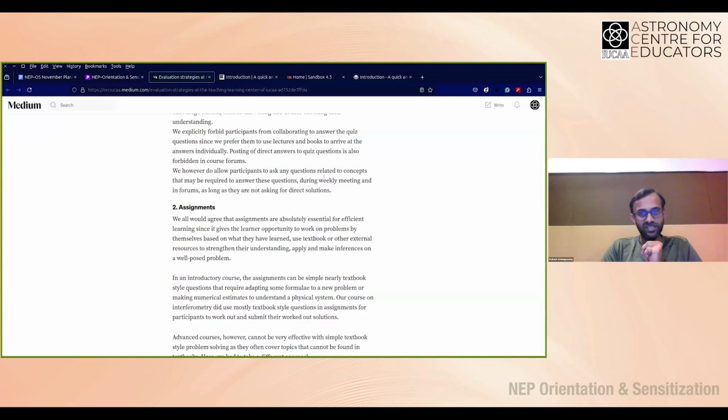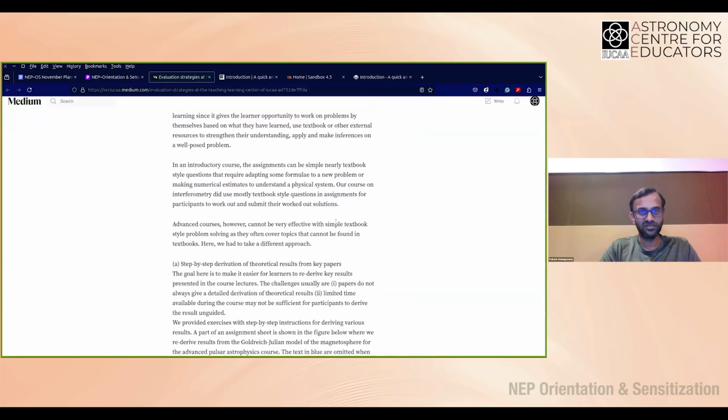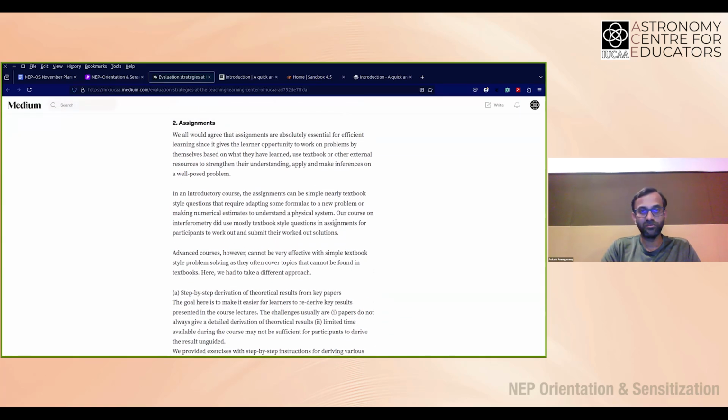But we make it very clear that they're not supposed to ask or give direct answers to quizzes and assignments, but they are given enough freedom to discuss aspects of a concept if needed, which definitely helps, because eventually we want them to learn and understand things, not necessarily focus too much on how they perform in quizzes.